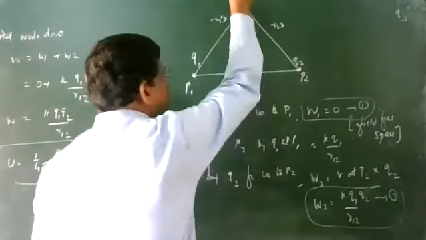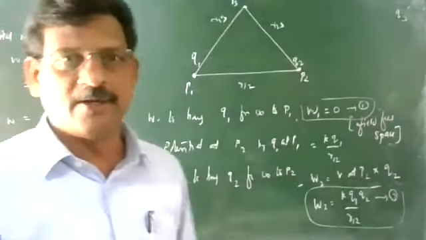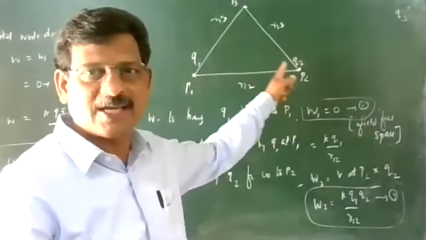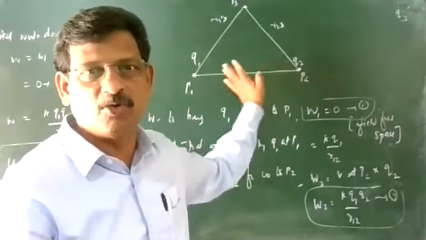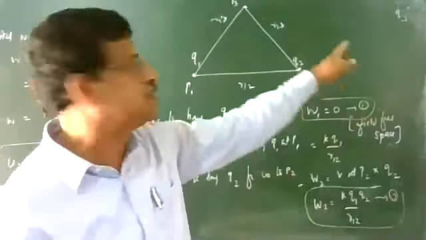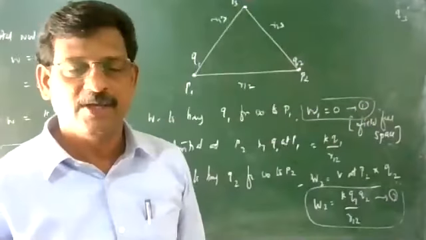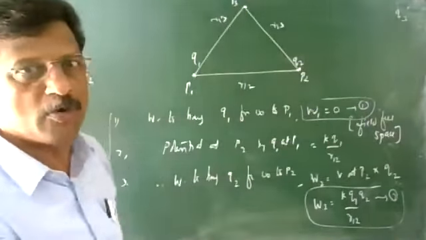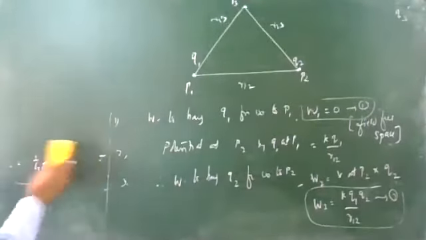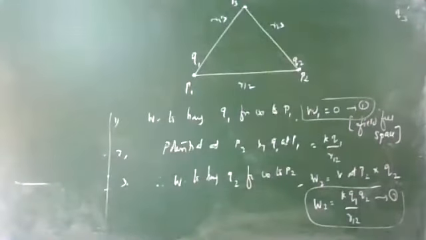Point P3 here. At point P3, the first charge will produce its potential, and the second charge will also produce potential. Both can exert an electric field and potential. So you want to find the potential at point P3. What is the potential at the point P3? That is the next point. Potential means the work done bringing a unit charge from infinity to that point.